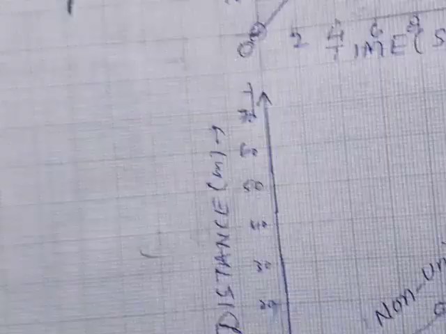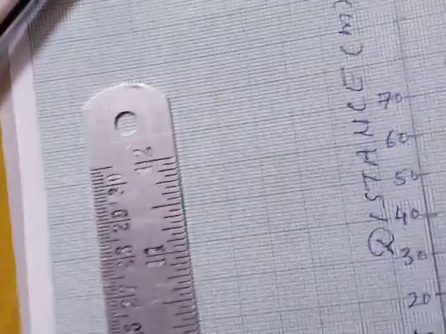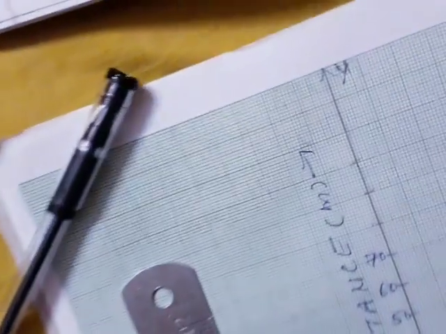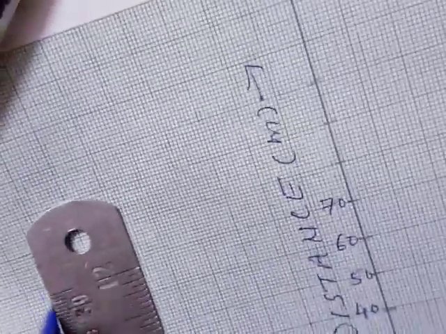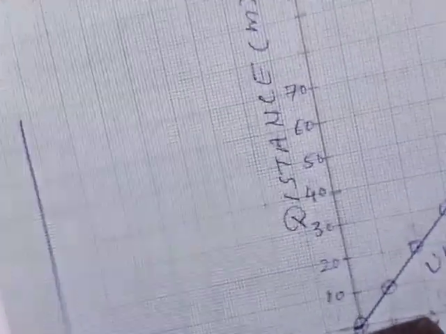If the graph is a straight line with respect to the time axis, what will be the conclusion? Suppose we have taken a graph which is a straight line with respect to the time axis, and its shape is